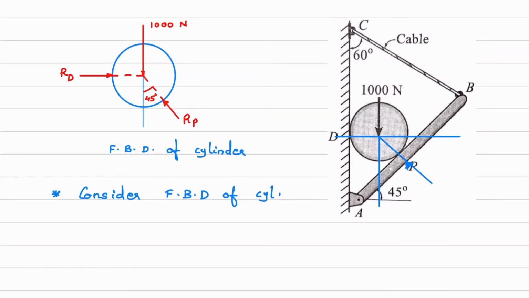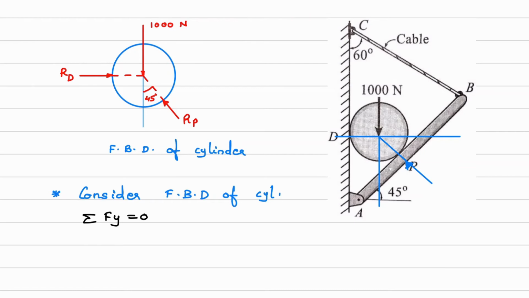Okay, now when we see the FBD of the cylinder, what is unknown? If you see over here, RD is in horizontal direction. Now how many unknowns are there in horizontal direction? RD is unknown, and RP will have a horizontal component. So basically, in the horizontal direction there are two unknowns, RD as well as RP. So we cannot calculate both the unknowns in one go. So instead of taking summation Fx equal to 0 first, we will take summation Fy equal to 0, where RP component is there, and we can calculate RP. Since RD is horizontal, its vertical component will not be there. So I will write down first summation Fy is equal to 0.